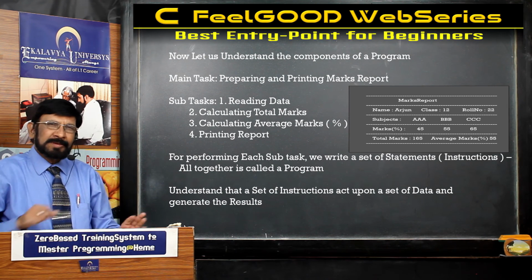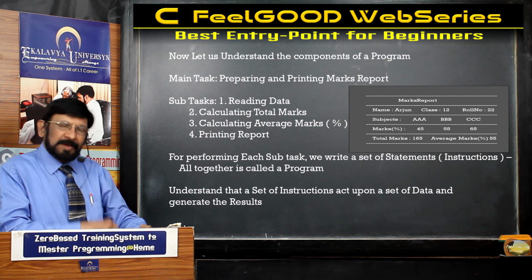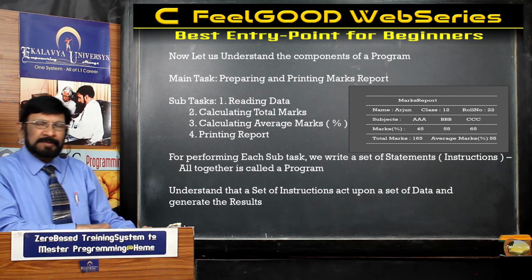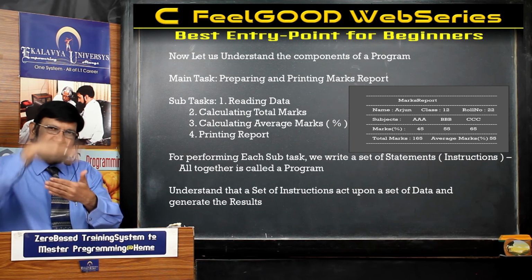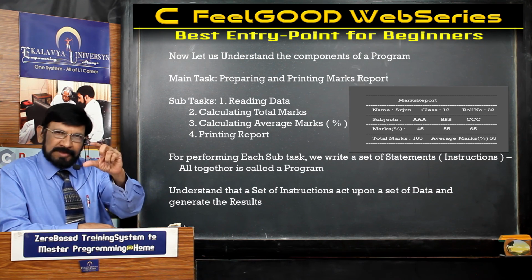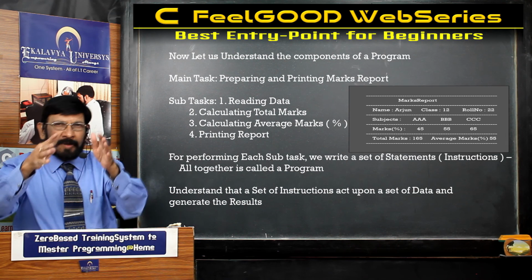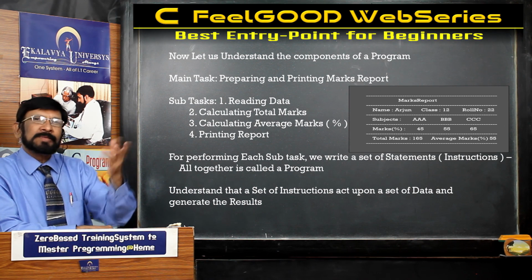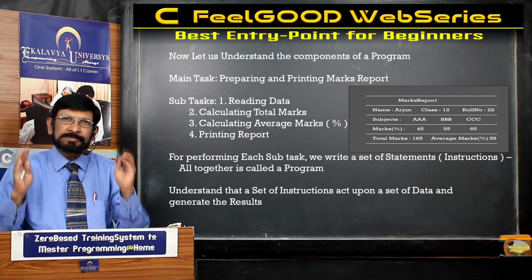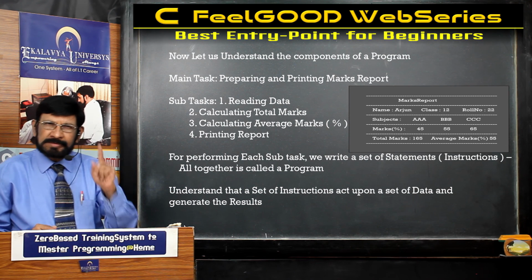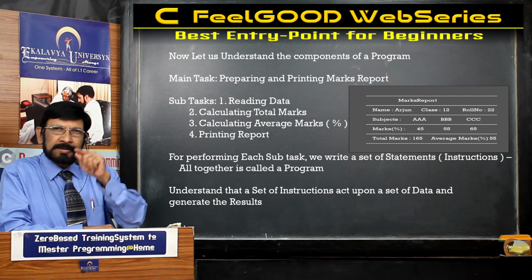This is the subtask. In this manner, before writing a program, you should have a clear understanding. Then only, for performing each such subtask, you write a set of statements. That is why you can find a paragraph-like division. So each segment, like a paragraph, performs a subtask. Ultimately, by the collective contribution of all four subtasks, your main task is performed. This is the way. First, you have to understand what a computer program is. Okay, this knowledge is very essential for every programming student before entering into programming.